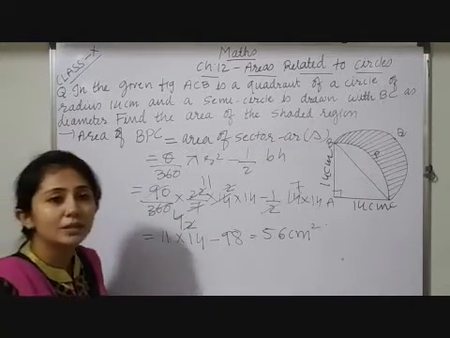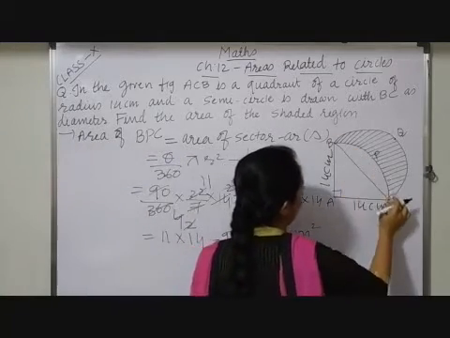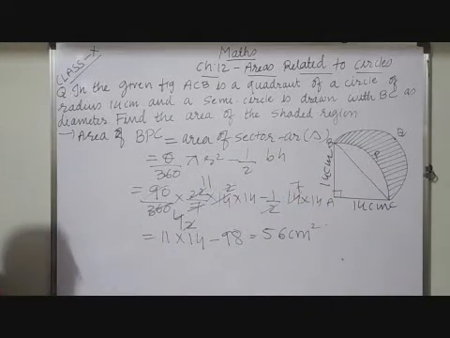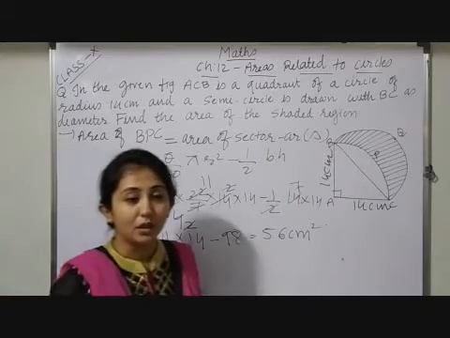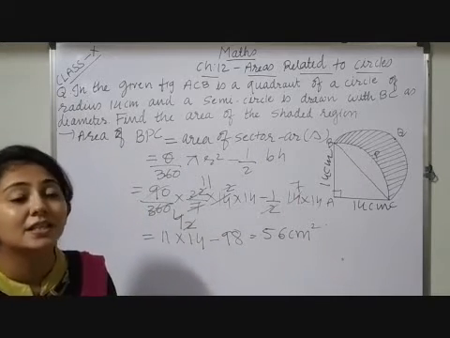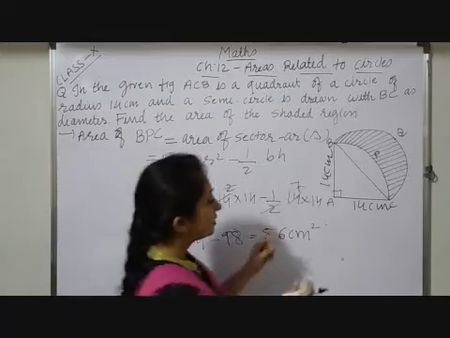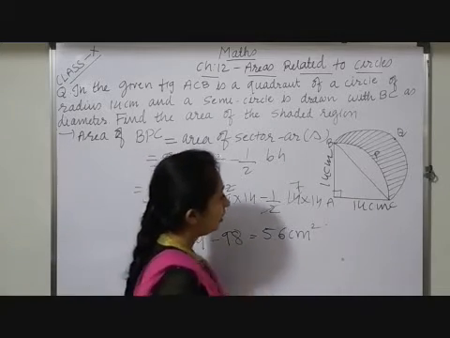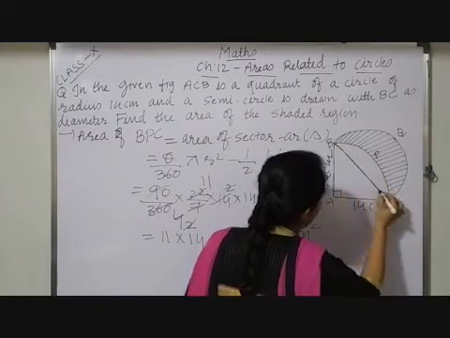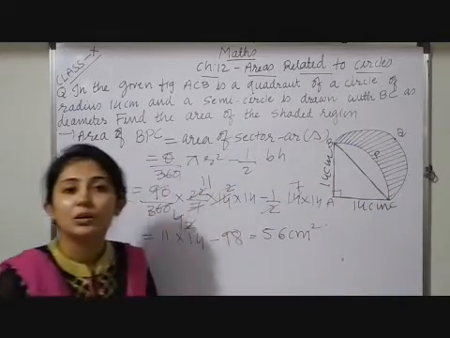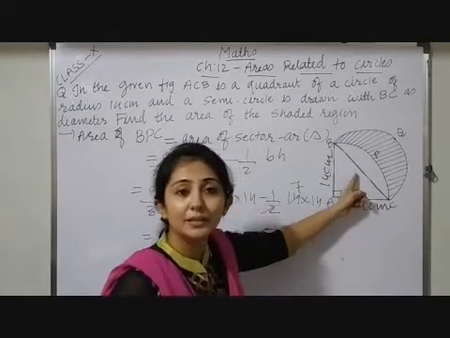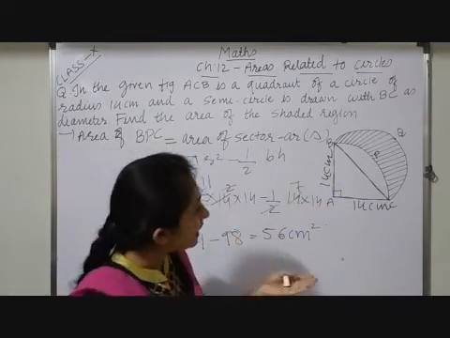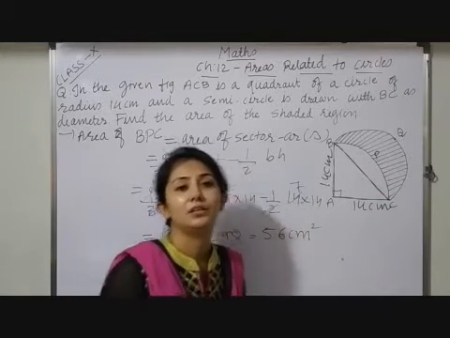Now the required area means what? The required shaded region is equal to the area of this semicircle minus the area of this BCP. So for that, first of all I have to find out the area of the semicircle. To get the area of a semicircle, the radius is required. But how to get that radius? 14 is the measurement of these two arms only. I want the radius. So here observe, this is a right angle triangle. So by applying the Pythagoras theorem, I can get the value of BC, that is the hypotenuse. But this hypotenuse is nothing but the diameter of the semicircle. So if I divide that diameter by 2, obviously we will get the radius of that semicircle.